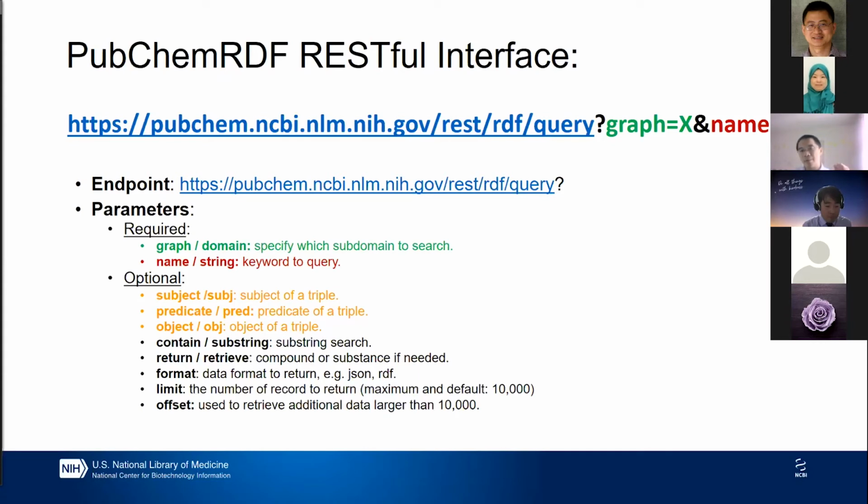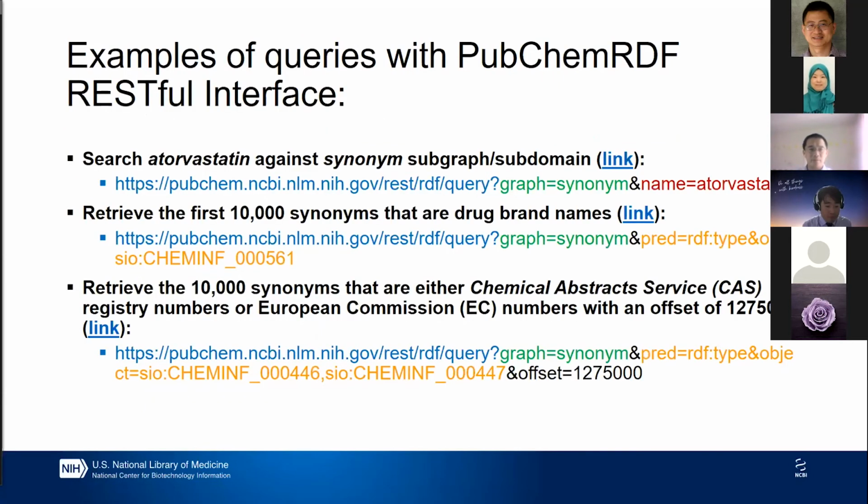For the required parameters, a query is required to specify a graph or a domain and the name or string to search. For the optional parameters, it supports a more sophisticated query, such as a subject, object, predicates, and maybe substring search, format, limit, offset, etc. This is more about examples of how to use